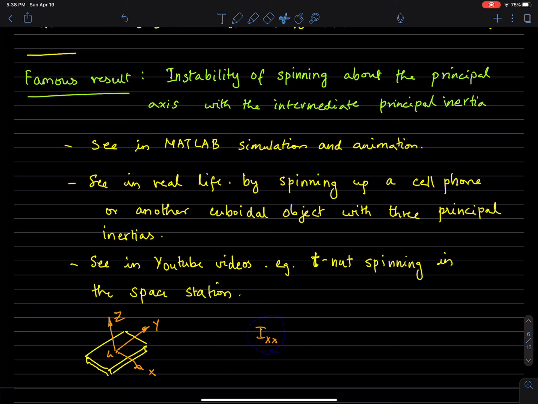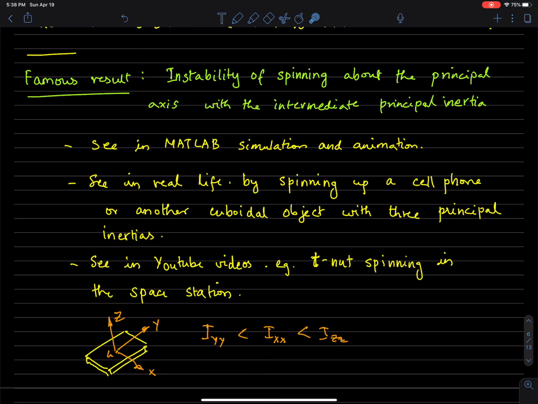Let me move this over here. You'll find that EYY is the smallest, and EXX is the intermediate axis, intermediate moment of inertia, and then EZZ, which roughly is going to be the sum of EXX and EYY, is going to be bigger than either one of these things. Okay,